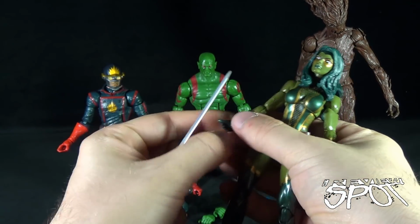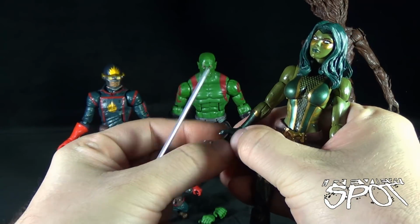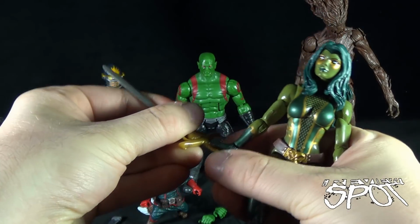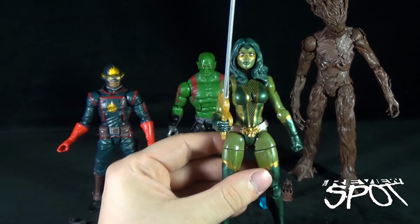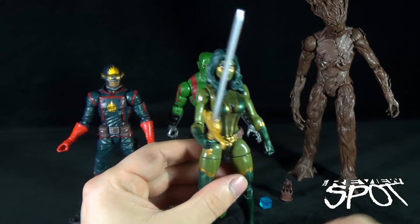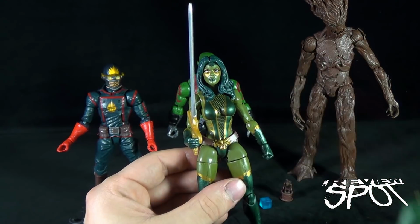The sword can be a little tricky again, as you saw at the beginning of the video here. It can be a little tricky because she has really small hands, or at least really one small hand. And as you can see, you can get her to hold the sword. Love the figure. Kind of feel like I like it a little bit more with the cape and the...